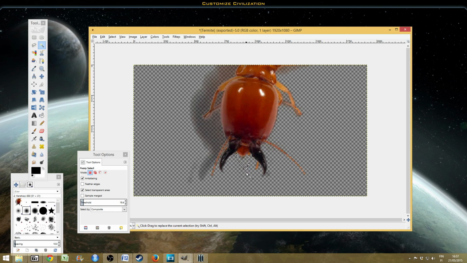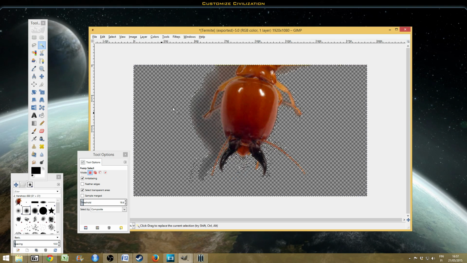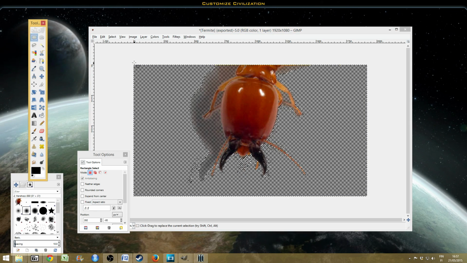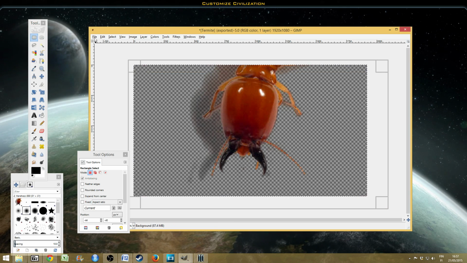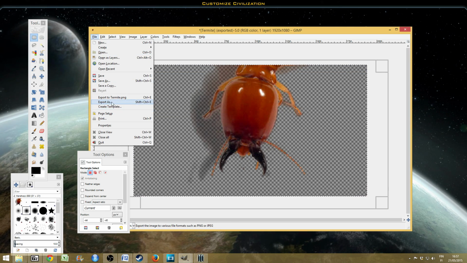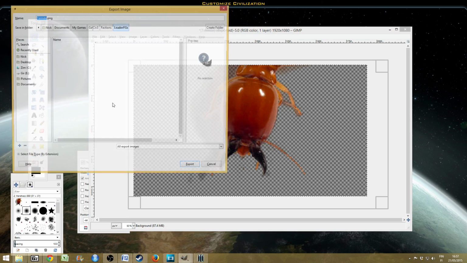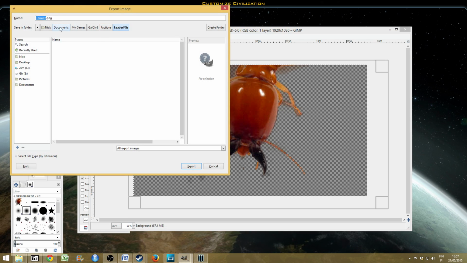Not that the entire thing will be very pretty, but anyway. So now what we have is a nice picture of a termite with a bit of a transparent shadow. So we will export that, and then you do export as, and it needs to go to your documents,